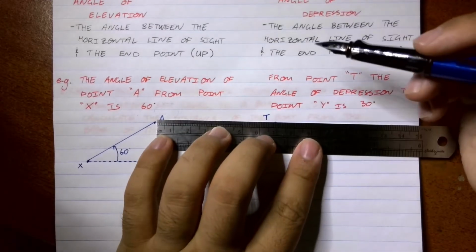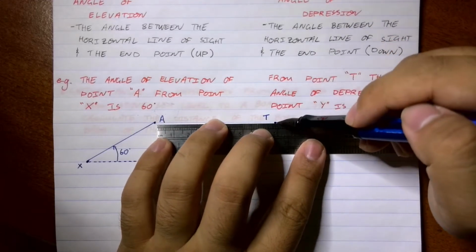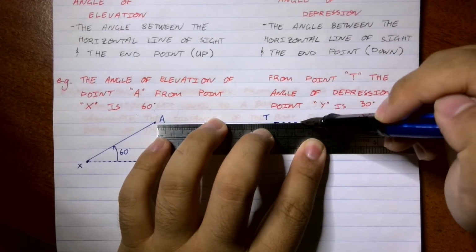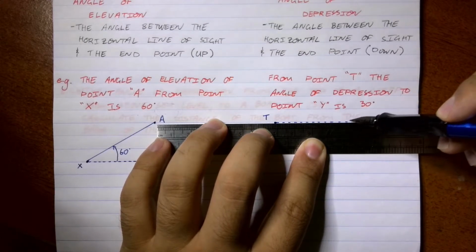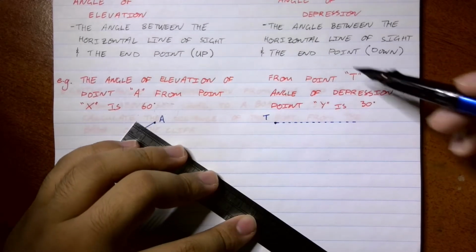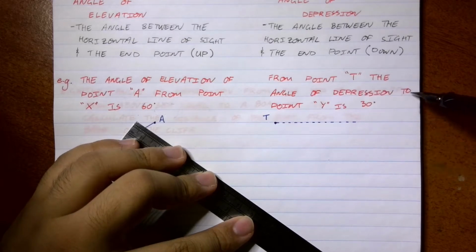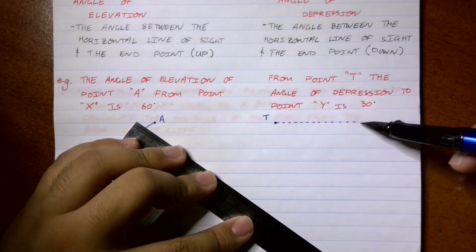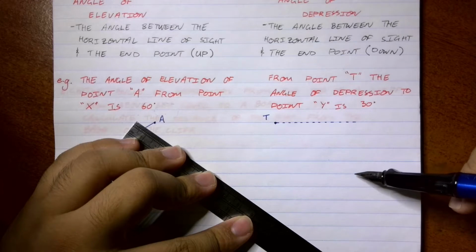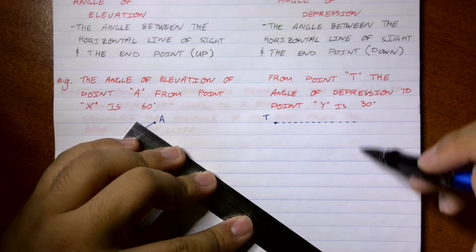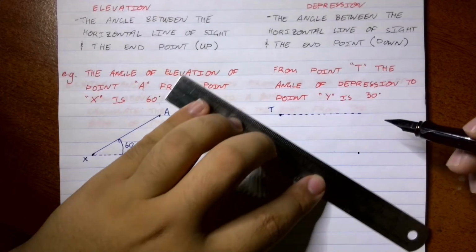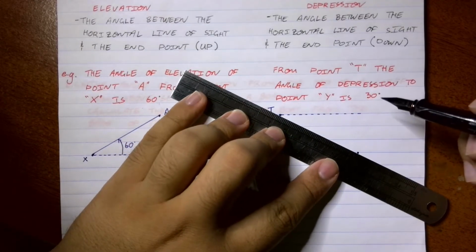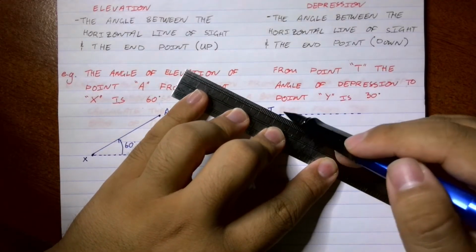Let's draw a horizontal line of sight. So a person was standing on the tower of some sort or something like that. They're looking straight ahead, and then the angle of depression to point Y, so they're looking straight ahead and they look down to point Y. Let's say point Y is down over here, and they looked down to point Y. Let's draw a straight line here,